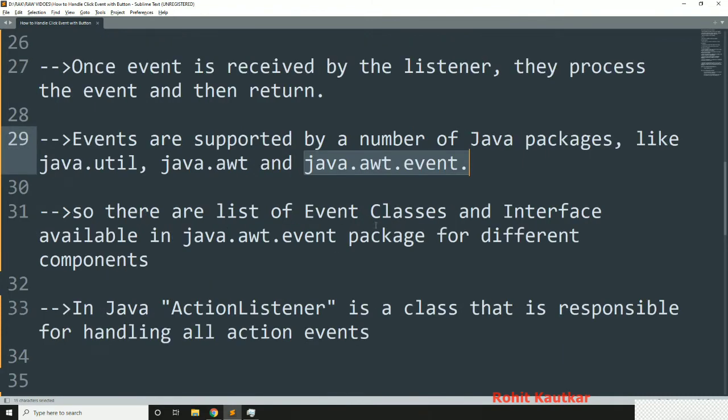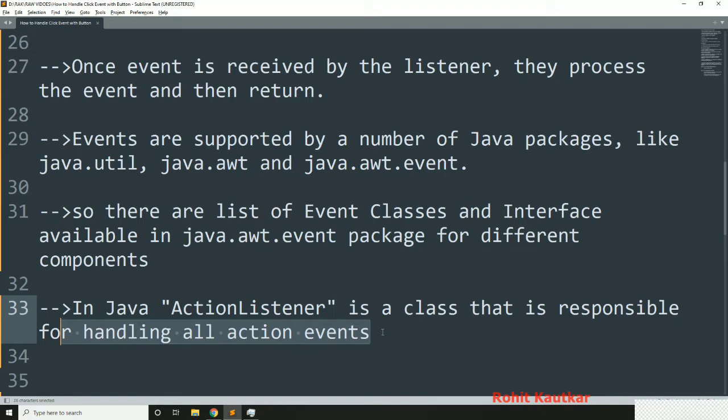There will be a list of event related classes and interfaces within the java.awt.event package. So in today's example, we are going to use this package named java.awt.event. In Java, ActionListener is basically an interface that is responsible for handling action events like click